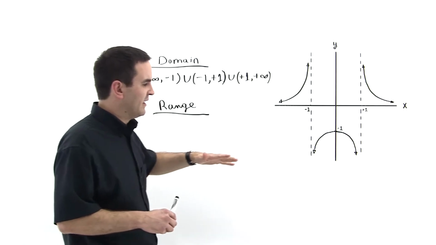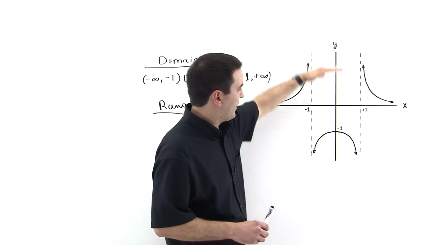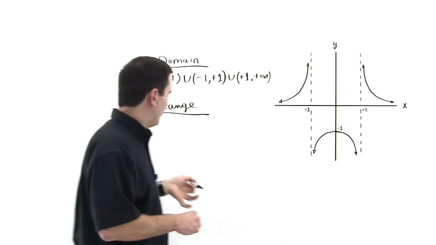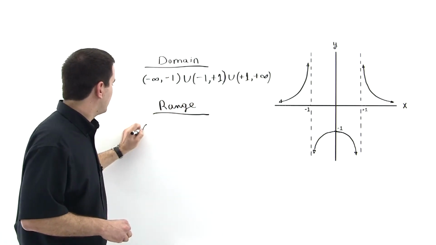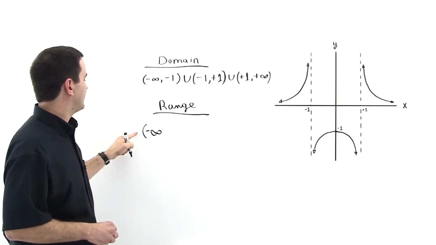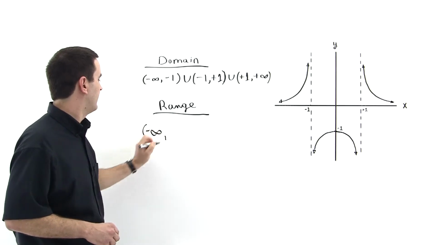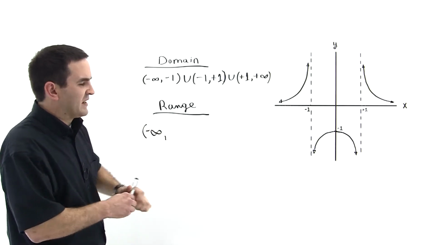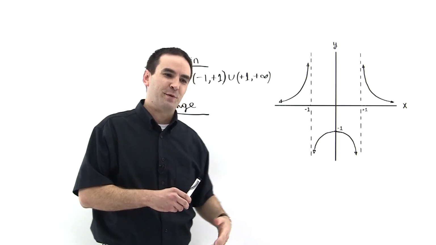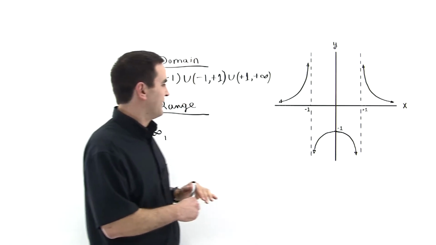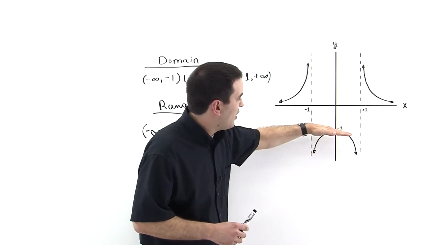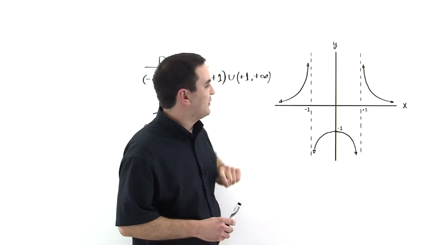What can y be? And we start below and we move up. Well, we see these arrows going down to negative infinity. So the range doesn't include negative infinity, but we write open parentheses, negative infinity, because it goes down to negative infinity in theory, right? But we can never reach negative infinity, so we put an open parentheses to indicate that it's not included in the set. Okay, and then it comes up to -1,